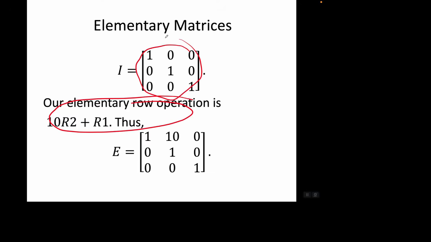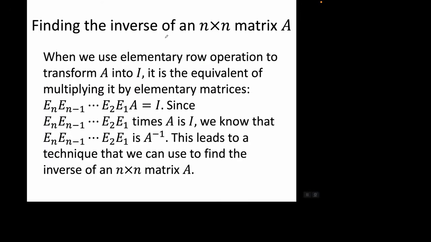That's the matrix we need to multiply A by. Here's why this is important. It enables us to find the inverse of an n by n matrix A. When we use elementary row operations to transform A into I, it is the equivalent of multiplying it by elementary matrices. Okay, because again, when you use Gauss-Jordan elimination to reduce A to the identity matrix, it's like multiplying A